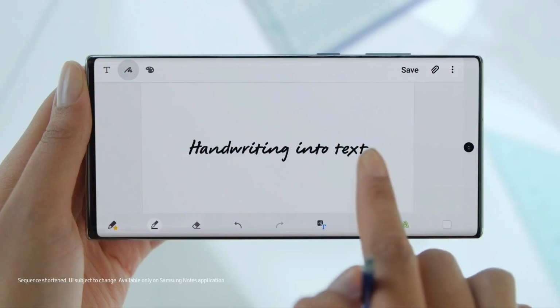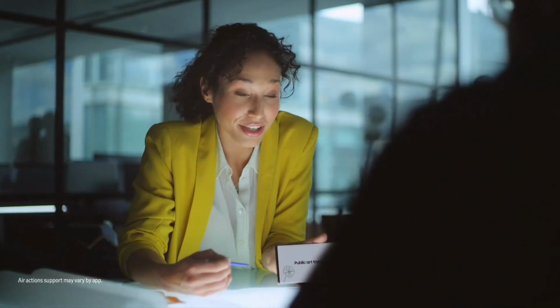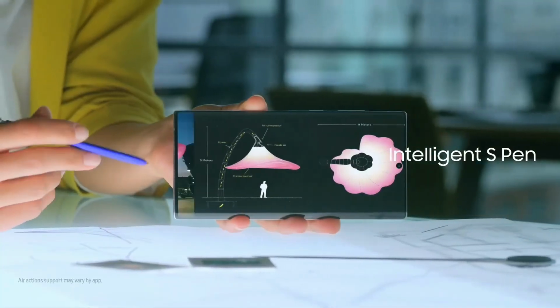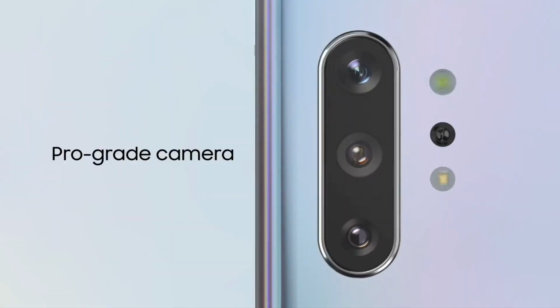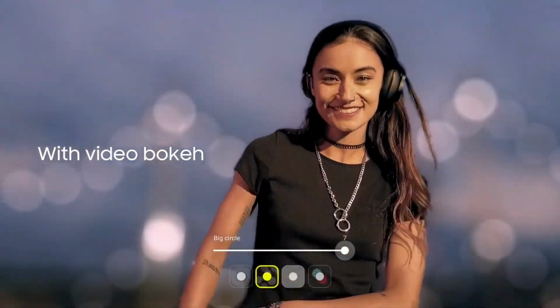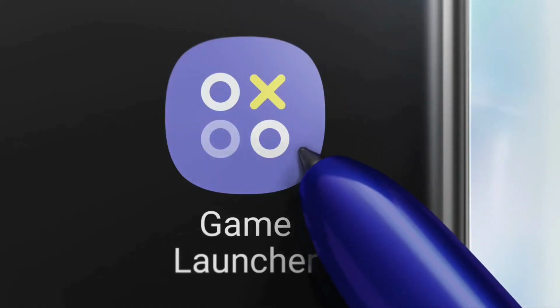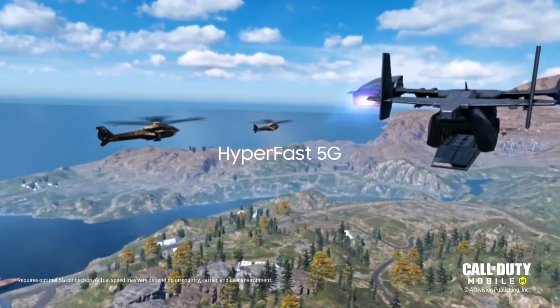So, on the price point, the Note 10 comes at $949 and the Note 10 Plus comes at $1,099. The Samsung Galaxy Note 10 Unpacked event has just finished and there is a lot to be talked about, and we are gathering a lot of information about the Galaxy Note 10 series,